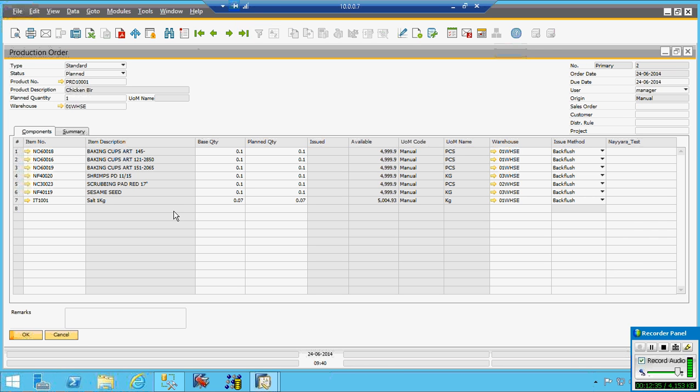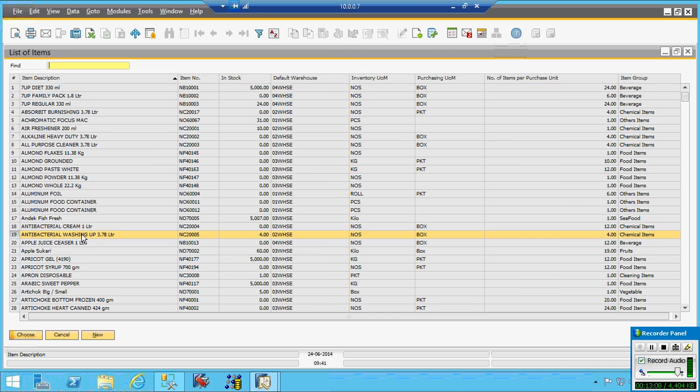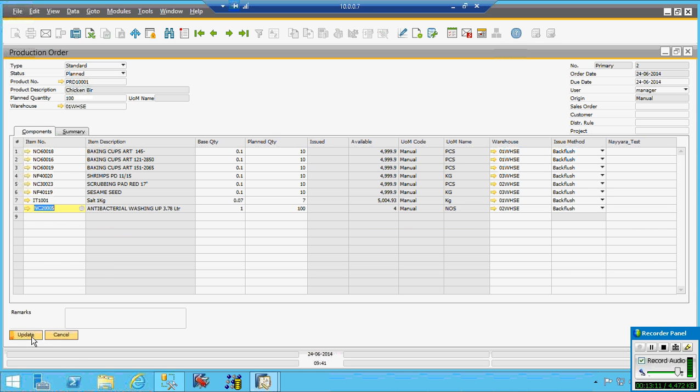Now, as soon as he starts issuing the material and doing the chicken biryani, he says, okay, today I am going to prepare 100 chicken biryani, because we have a standard bill. Fine. I will start the chicken biryani, and the system will automatically cut the quantities. Stock will reduce immediately. Now, if he uses anything additional, or another item needs to be added, once it is issued, it will be difficult for him. The system will not commit that.